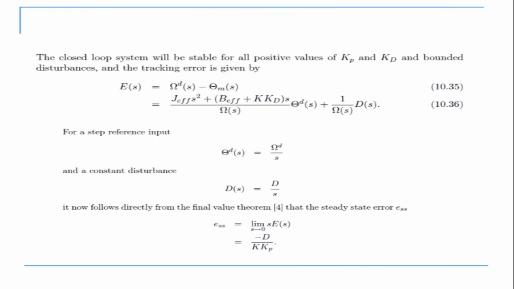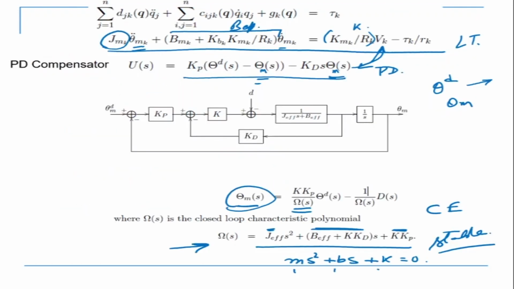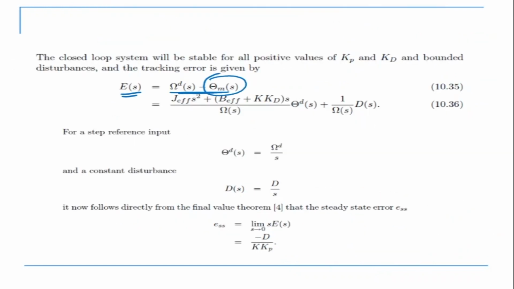However, we also found that if you're looking at the steady state error, then the error at any instant is the desired minus the present position of the motor. So if I put the equations in here again, what is theta m? Theta m is equal to this. So if I take theta m and put it into that equation, what we do get is this equation.